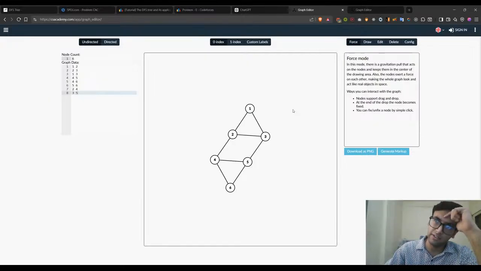If we start a DFS from 1, we can go to 1, then 2, then 3, then 5, then 4, then 6, and then we have to have this from 6 to 5 as well, then 5 to 4, then 4 to 2, then 1. In this way we can